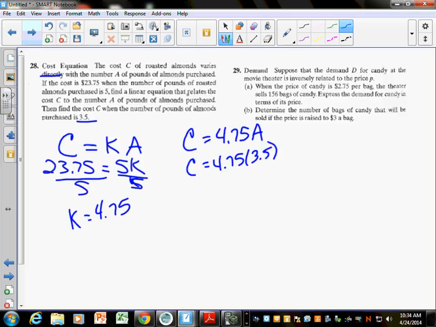The hard part about this is, one, you've got to remember what direct and inverse variation mean. And then two, it's always a multi-step problem. Step 1, write the equation. Step 2, solve for K. And then I guess normally step 3, solve for what they're asking. And so you just got to remember that it's kind of a layered problem in there. But the correct answer to this would be,